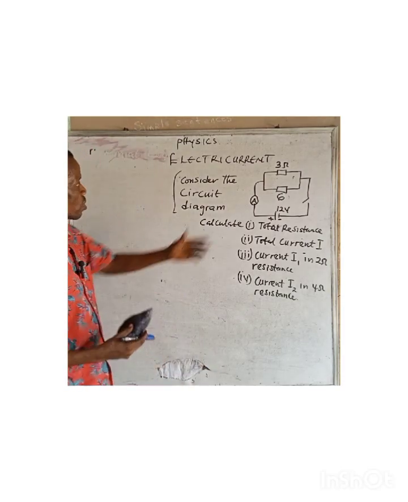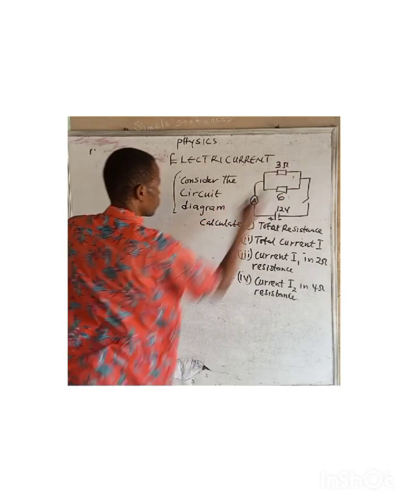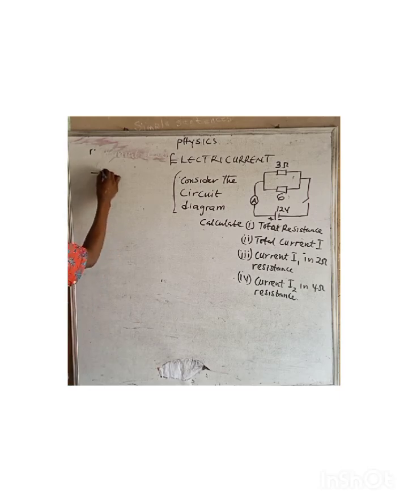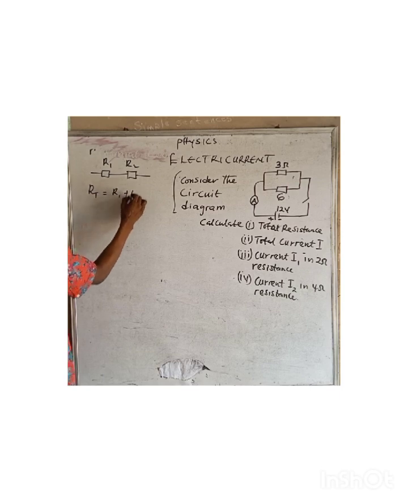Now, consider this. This is parallel. Of course, when you have a series connection, you can have it like this. The total resistance, this one is R1, R2. We are going to have R total give us what? R1 plus R2. But in case you are having a parallel connection like this